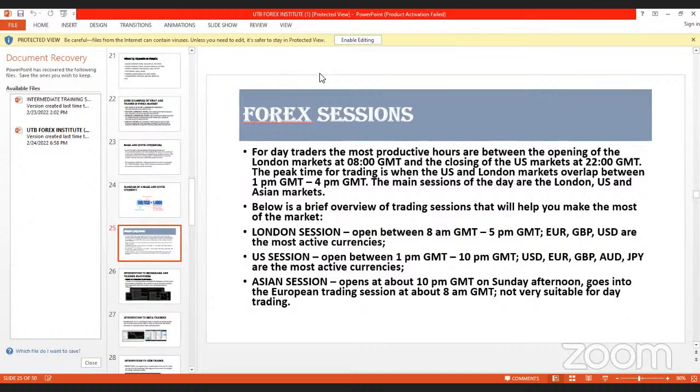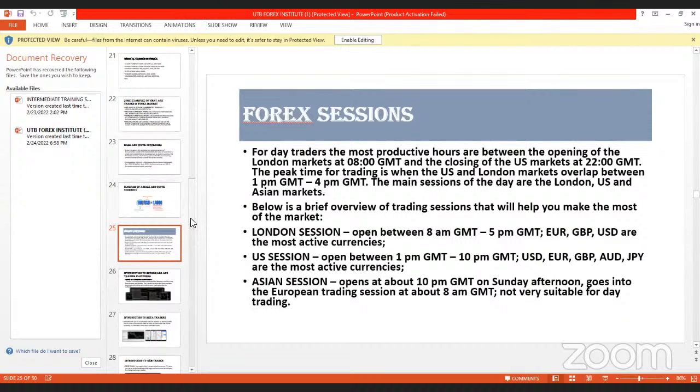That means you have to be awake. Major news is released between 1 a.m. in the morning to around 6 a.m. It can be around 1, 2, 3, 4 a.m., because that's their official hours. So you need to trade their news. You have to be awake to listen to the outcome of the news and all of that. So this is about the forex session.